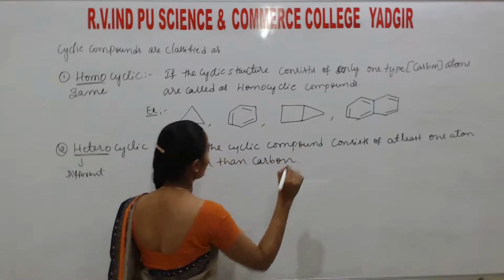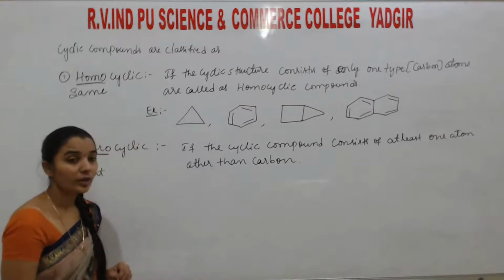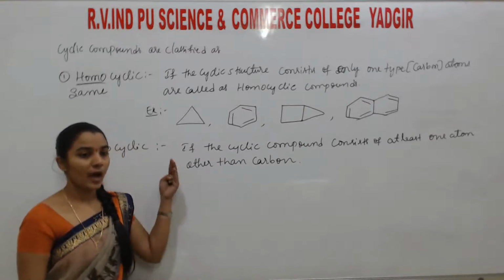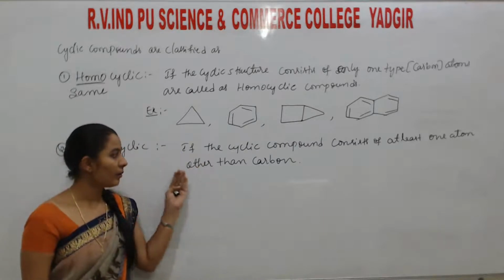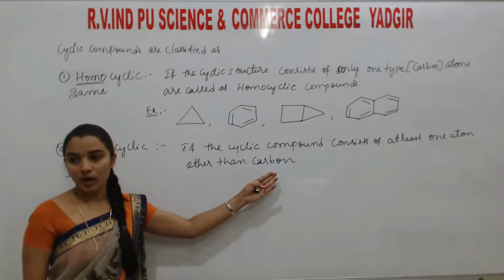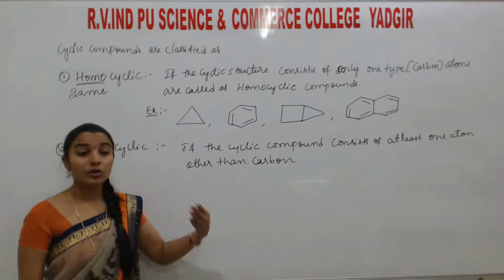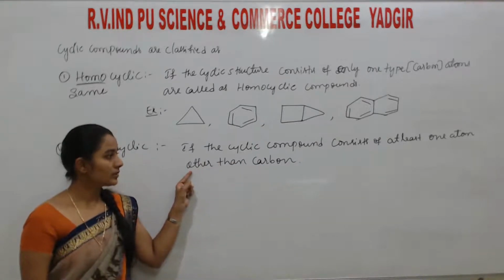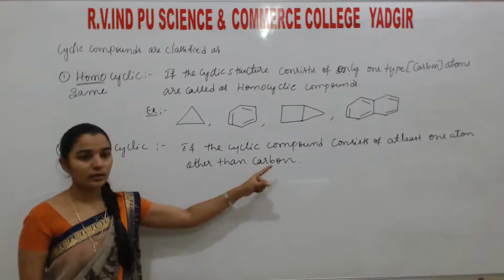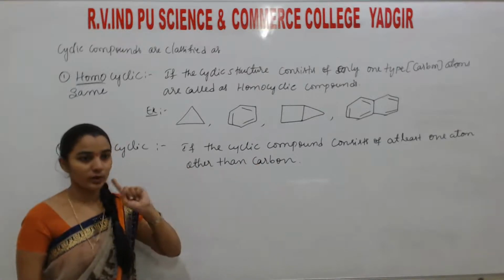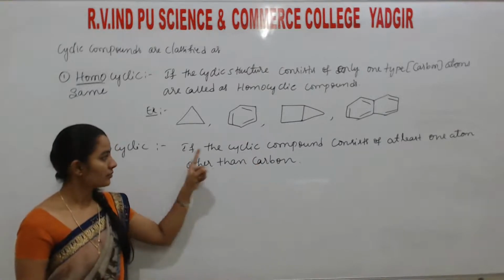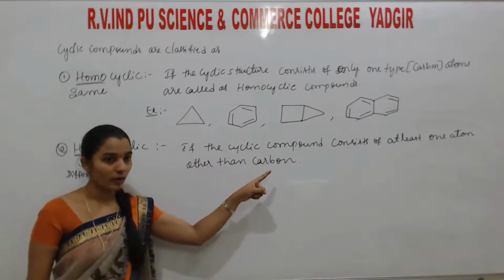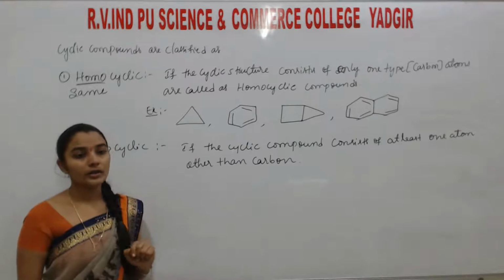You cannot write cyclic compounds made up of different atoms. It is wrong. Why? Because organic compounds are all made up of carbon compounds only. Hetero compounds means at least one atom is present other than the carbon. At least one. Understand? So if the cyclic compound consists of at least one atom other than carbon, it is called a